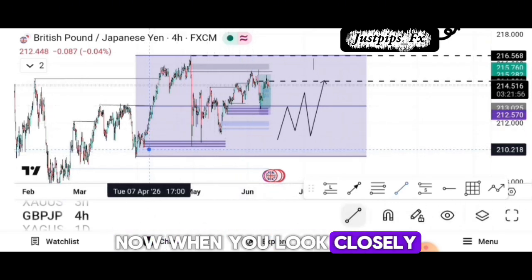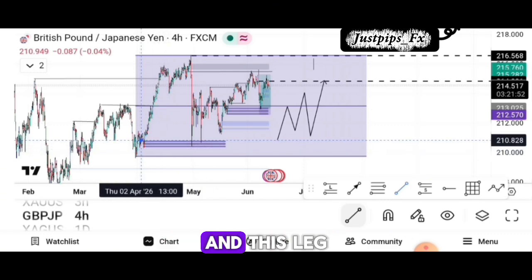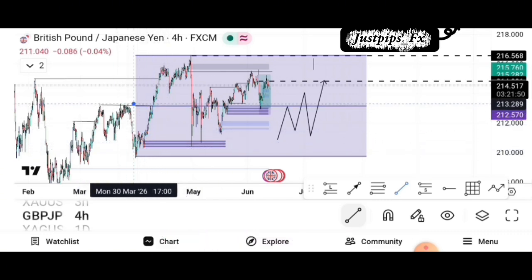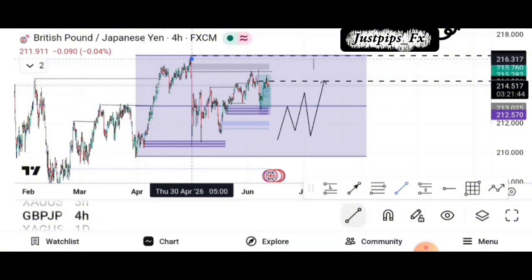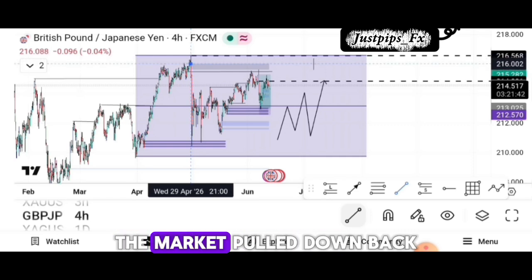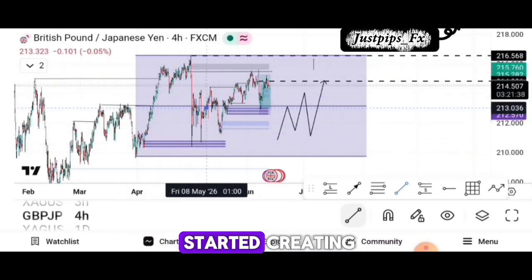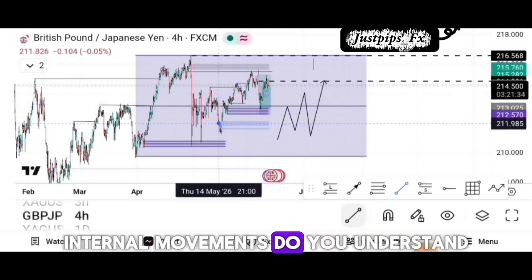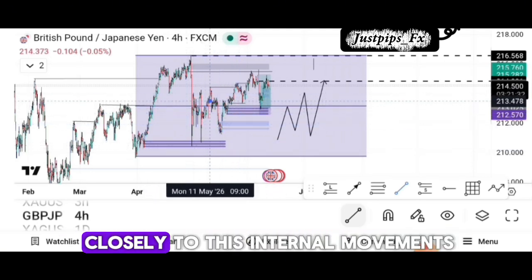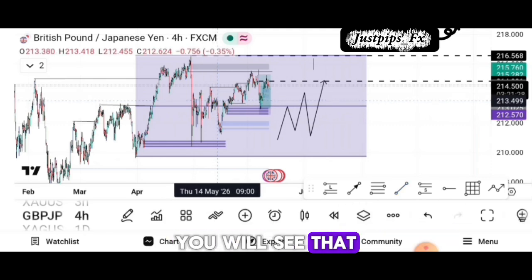Now, when you look closely, this order block is filled, and this leg is the break of structure to the upside up here. You call it taking out this area up here. Now the market pulled back, and when it got this order block here, it started creating internal movements. You understand? Now if you look closely at this internal movement, you will see that